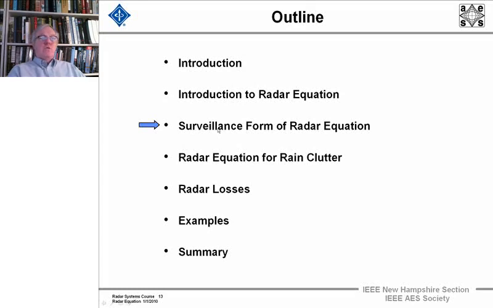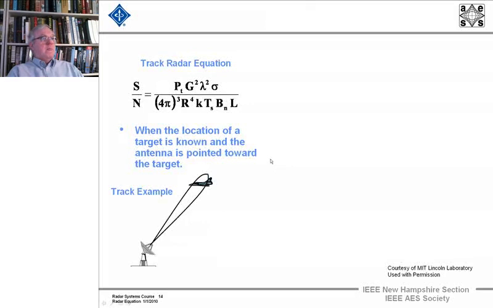Now we're going to look at what I'll call the surveillance form of the radar equation. What we've looked at so far is the track radar equation. That is, we have an antenna that's looking at a specific location in space where we know there's a target. And we're not turning the antenna around looking for targets, searching for targets. That's when we know the location of the target and we point the antenna towards the target. That's the signal-to-noise ratio,